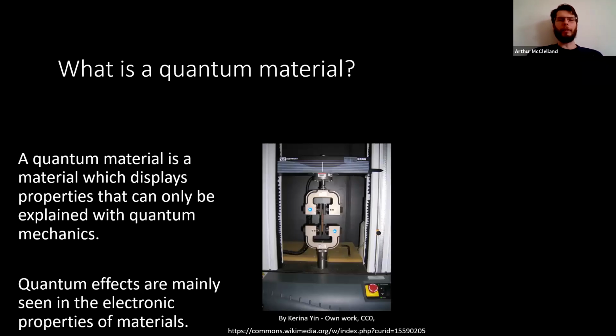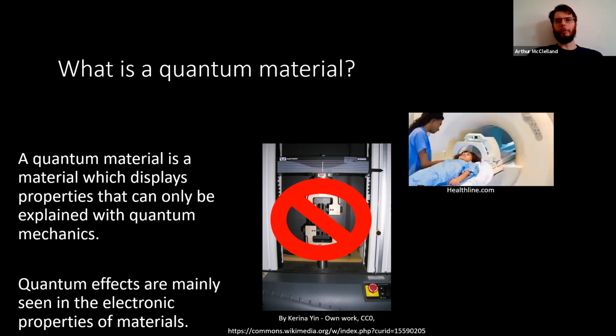So there are lots of different material properties. You can have mechanical material properties, tension, compression. Those are all classical, so we're not going to worry about tension, compression, things like that. We do see quantum materials in a variety of places. This is a picture of a magnetic resonance imaging machine. The magnet for it is actually a superconducting electromagnet. It sends out pulses. The pulses flip the spins, the unpaired spins in the patient's brain, and that generates the image. So it's very quantum mechanical on how you get an MRI.